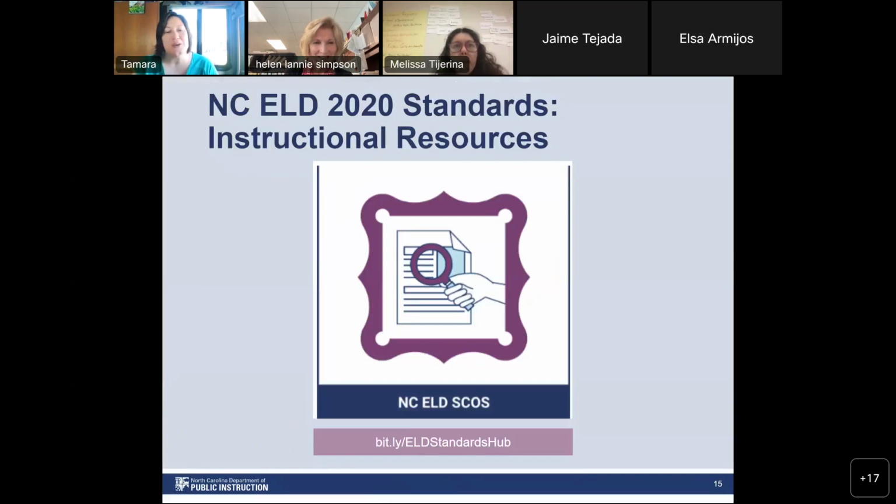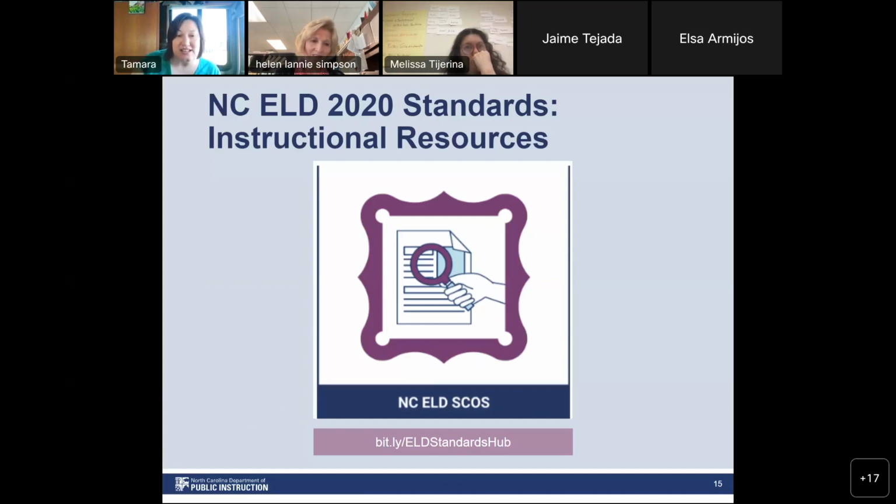So in March of 2021, the North Carolina State Board of Education approved the 2020 edition of WIDA's English Language Development Standards as North Carolina's standard course of study. This document includes things we're going to unpack in the next few slides: the English Language Development Standards, key language uses, which we will hit on over and over again, language expectations, and proficiency level descriptors for all students grades K through 12 and their grade level clusters.